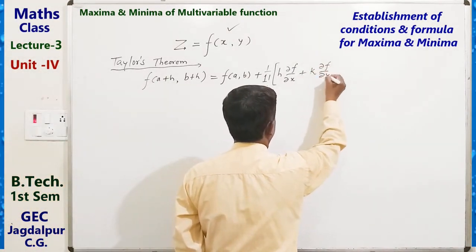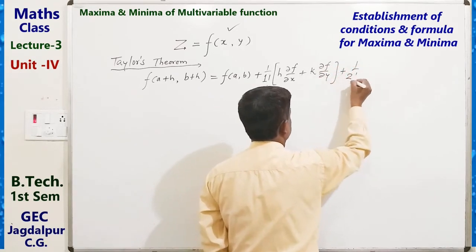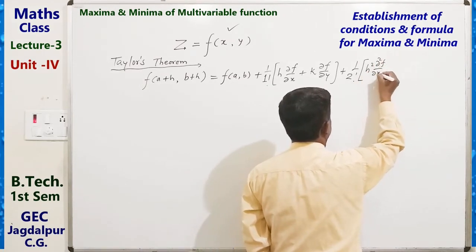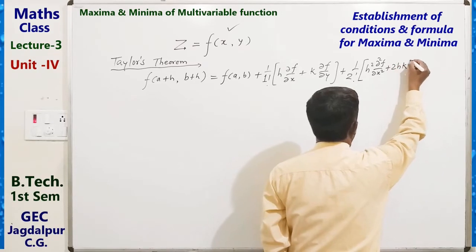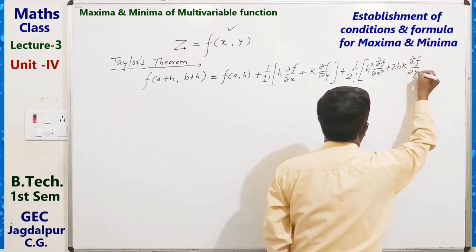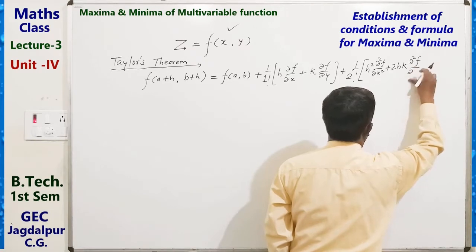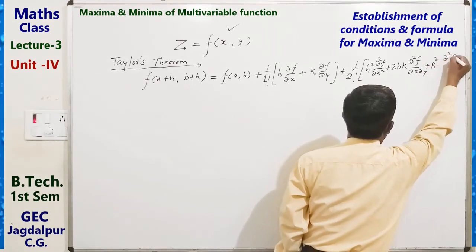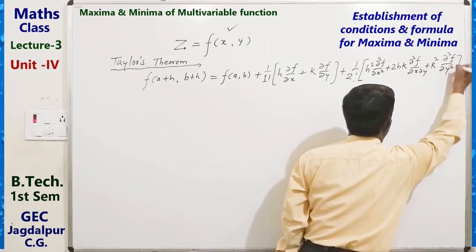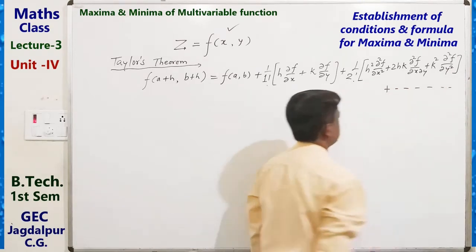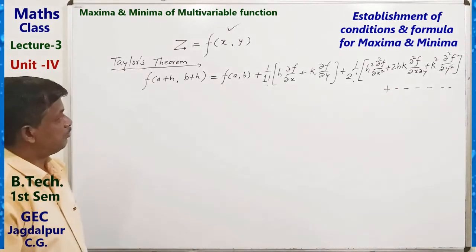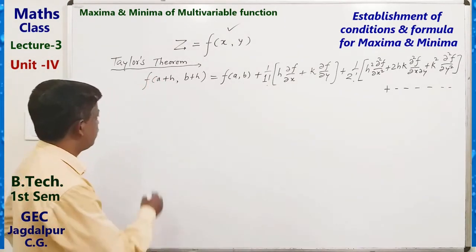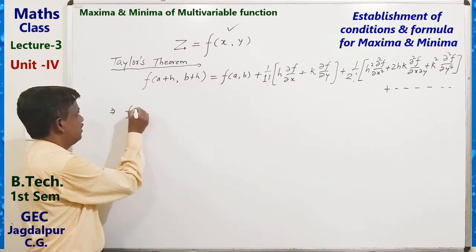del f by del y plus 1 by 2 factorial, h square del 2f by del x square, 2hk del 2f by del x del y, k square del 2f by del y square. This is Taylor's theorem of function of two variables. By using this theorem, we can find